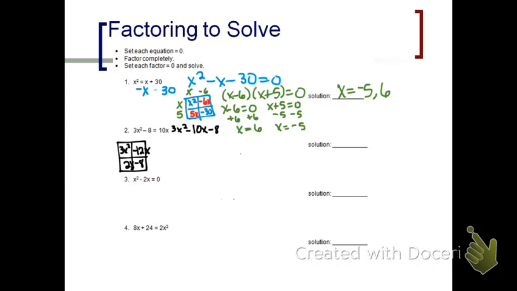Okay, so what's the GCF of negative 12x and negative 8? Negative 4. The GCF of 3x squared and 2x? X. GCF of 3x squared and negative 12x? 3x. And 2x and negative 8? So I have x minus 4